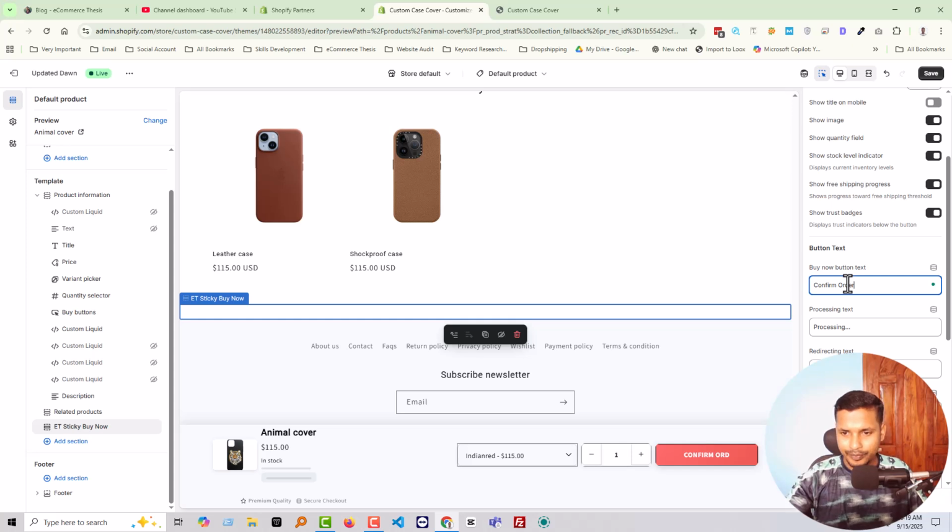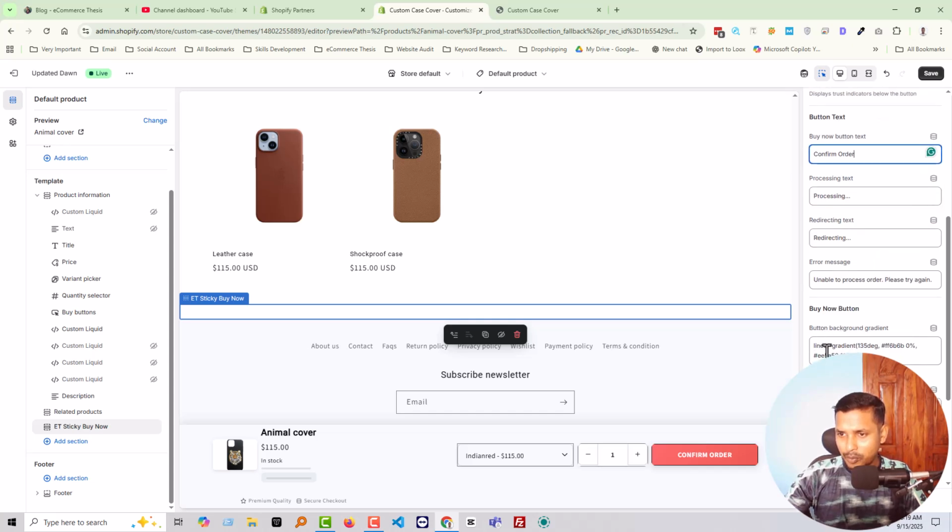Confirm order. You see, here is the text and processing, redirecting, error message. Then the buy it now button background color. You can change the color easily from here. Just copy this color code